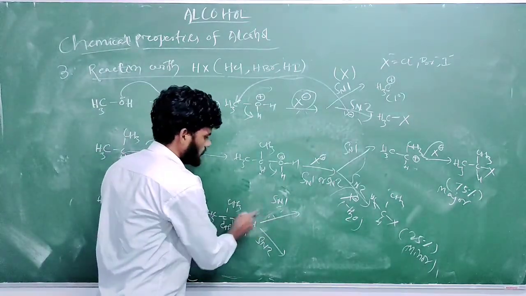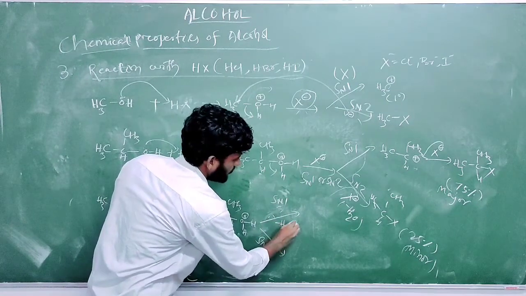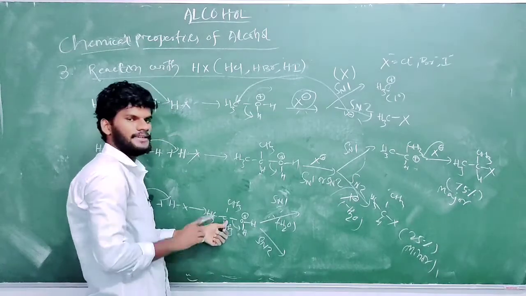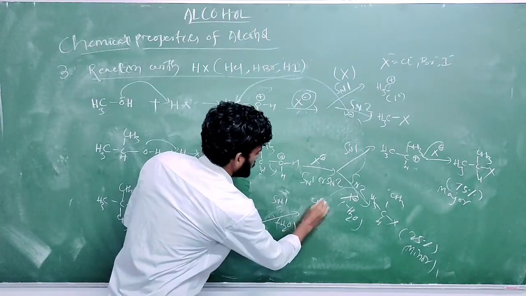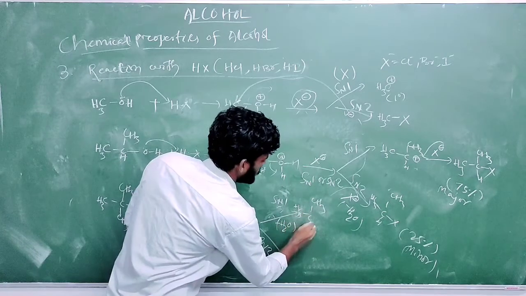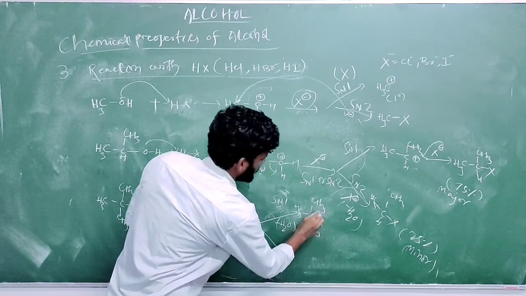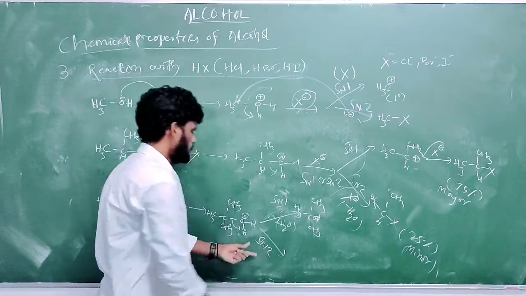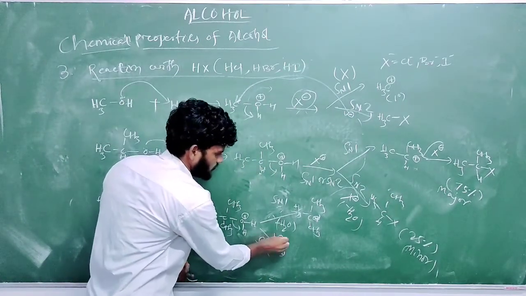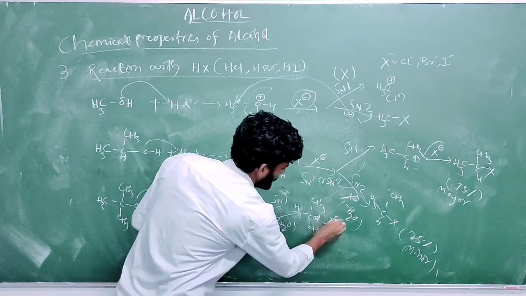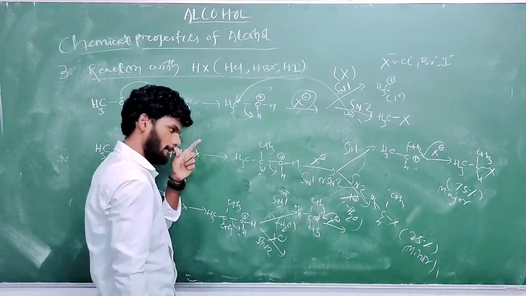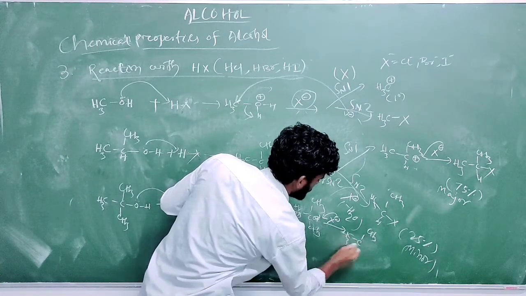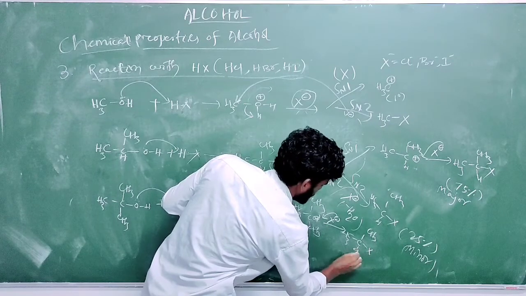In the SN1 pathway, in the first step the leaving group releases, minus water. Then there is formation of a 3 degree carbocation, the carbon attached to 3 CH3 groups, and all of you know a 3 degree carbocation is more stable. In the next step, X minus will attach to that carbocation. What will it form? (CH3)3C-X.